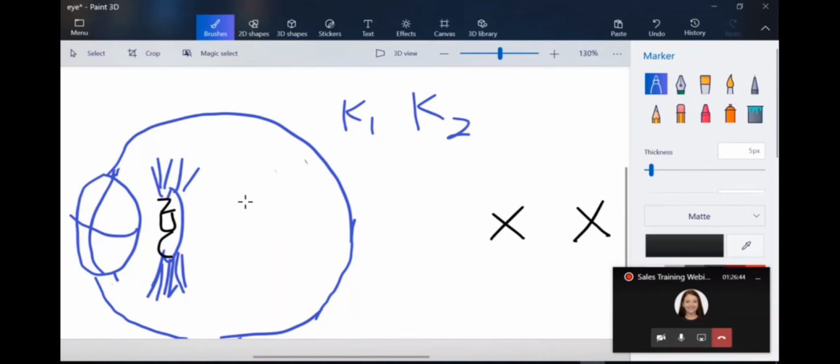So when we choose an IOL implant, and we put an IOL in there, what we are attempting to do is to correct the refractive power of the eye and bring the focus point forward. Okay, so when we are doing this with a regular monofocal implant,